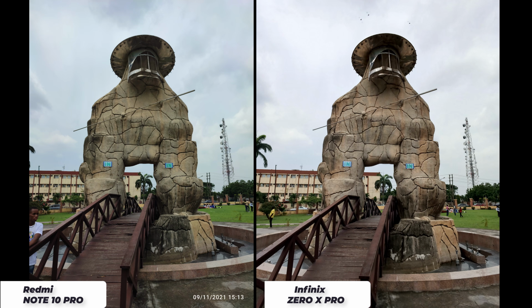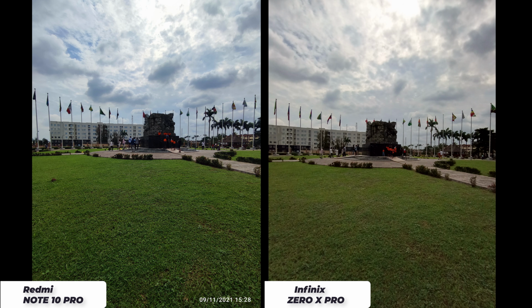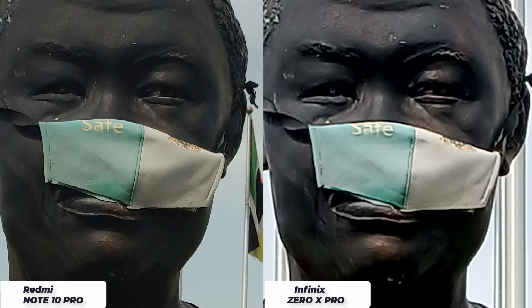Now moving to the rear cameras, both smartphones have a 108 megapixel camera and an 8 megapixel ultra wide camera. The Redmi Note 10 Pro has a 5 megapixel macro camera and a 2 megapixel depth camera. The Infinix Zero X Pro has a special camera, that's the 8 megapixel periscope telephoto camera. And for regular pictures using the 108 megapixel main camera, pictures look identical, but when you zoom in you get more details on the